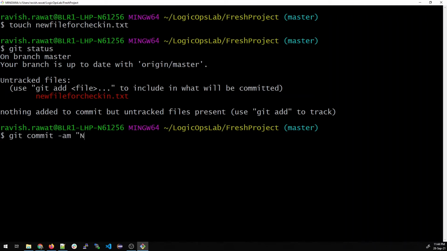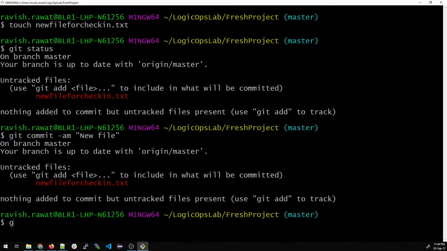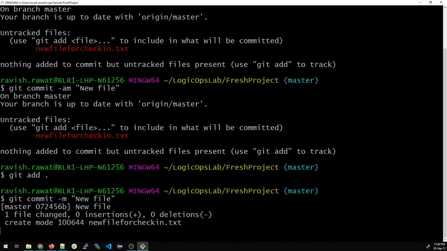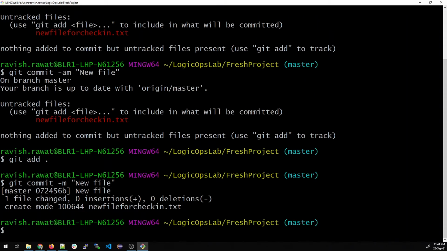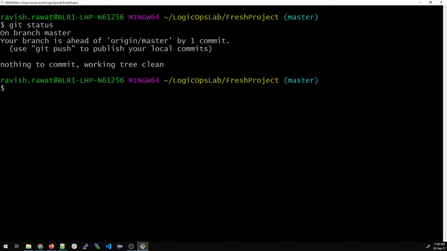Okay, let me add it first. Git add dot, this is done. Git commit -m new file. Perfect. So let me just clear this.